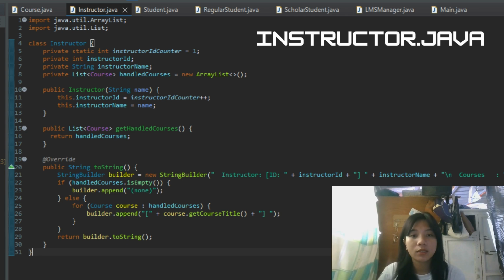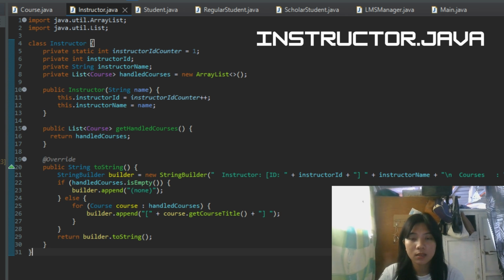Next, we have a method called getHandledCourses. This method simply returns the list of courses handled by the instructor. This allows other parts of the program to access and modify the list, such as adding new courses. And last, the overridden toString method. This method is used to return a formatted string representation of the instructor object.